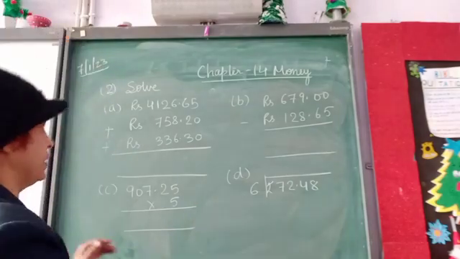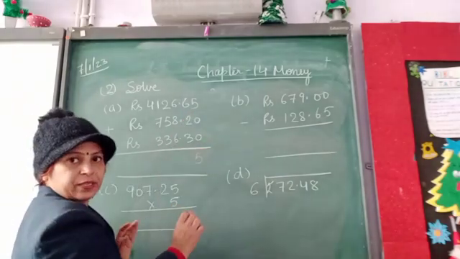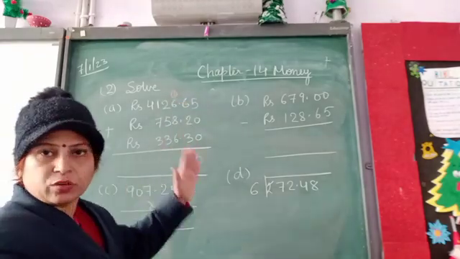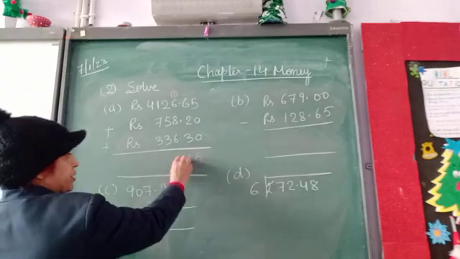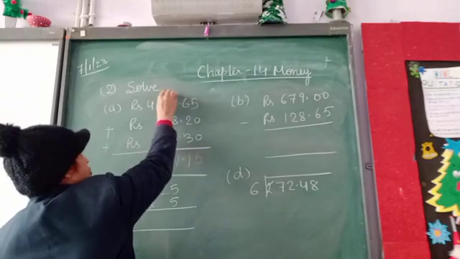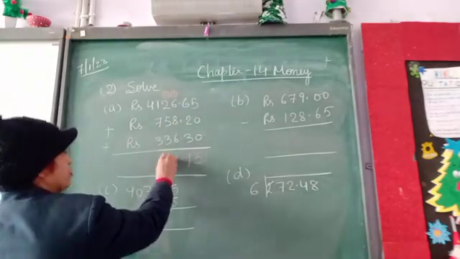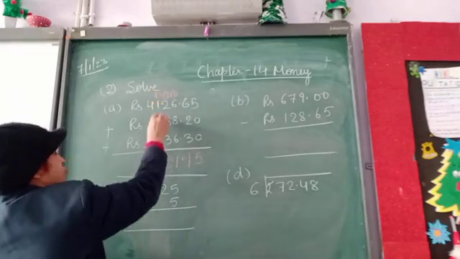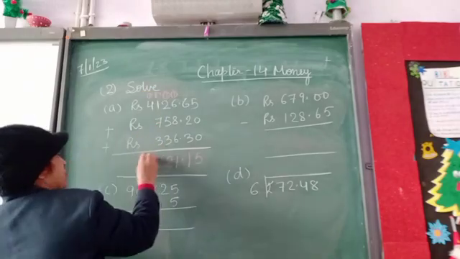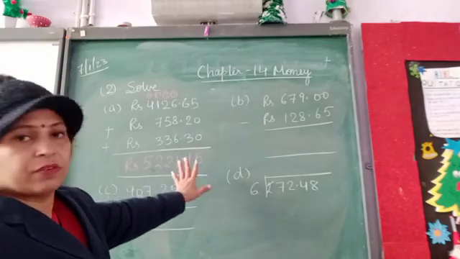Now see here. 5 plus 0 is 5, 6 plus 2 is 8, 8 plus 3 is 11, 1 here, 1 carry. Now the point is there. This point should be in the same line, children. So put the point here. Then 7, 8, 15, 15 plus 6, 21. 2 carry. 2 plus 2, 4, 4 plus 5, 9, 9 plus 3, 12. So 2 here and 1 carry. And 2 plus 7, 9, 9 plus 3, 12. So 2 here and 1 here. Now this is 5. So the answer is 5221 rupees 15 paisa.